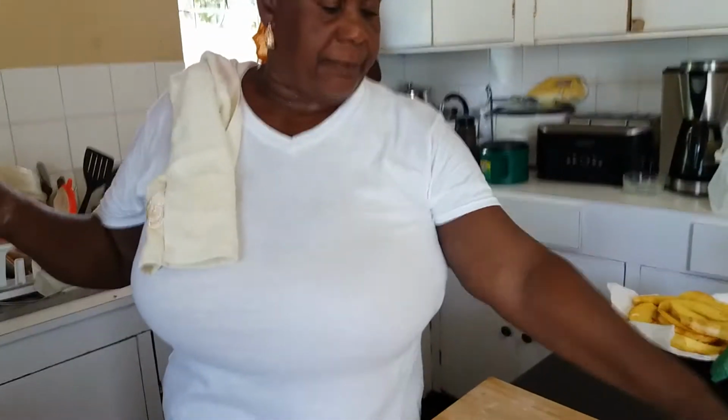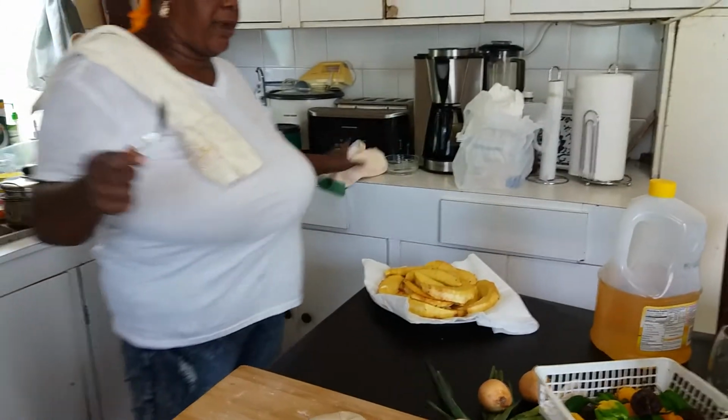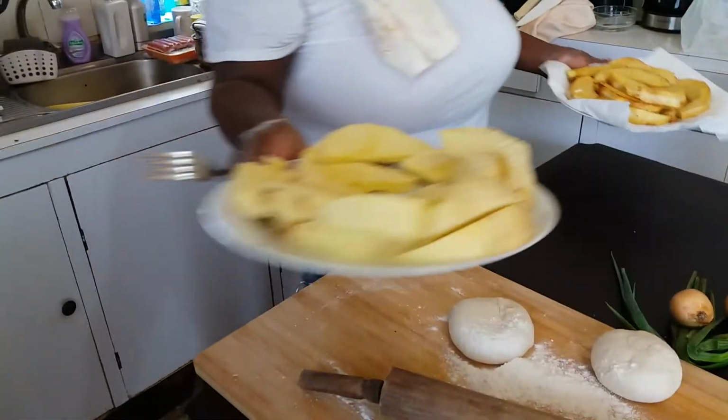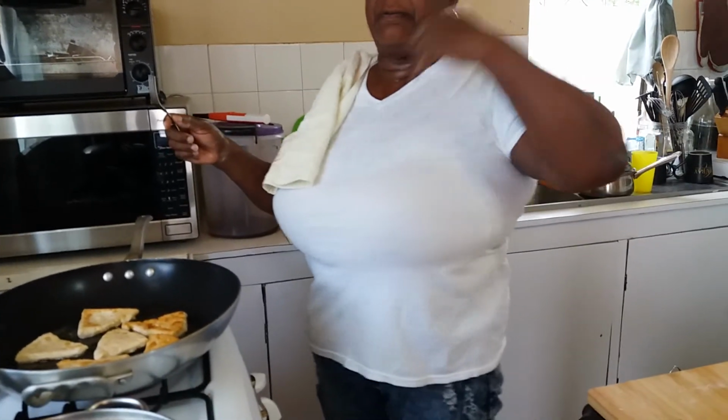So next, when you see me, I'll finish rolling off my doughs and finish frying off my roti, and you'll see me with my stack of roast and fried breadfruit right here. Give them a shot. So me with my stack of roast fry over, just roast and slice. So next when we come back, you see me with my stack of fried off roti to add to that, and then we'll proceed to fix up my ackee and stuff. And we're going to dish up, and you know what we're going to do? We're going to heat. So family,